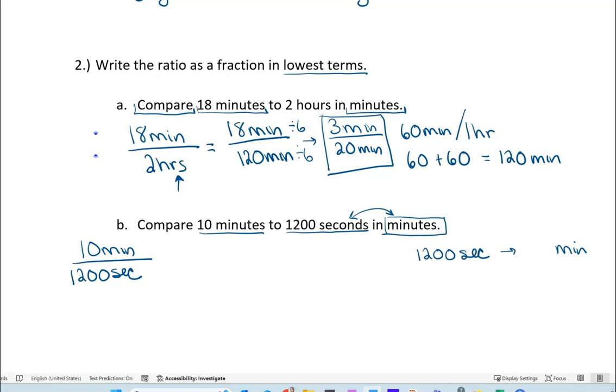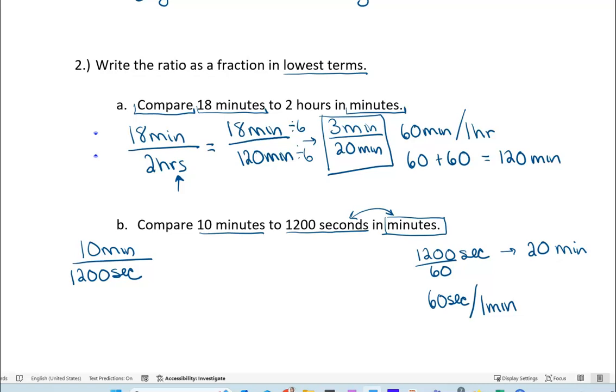So we can use the same concept that we have before when we're talking about multiplication versus division. The question is, how many seconds in a minute, which I did already mention, but we have 60 seconds per 1 minute. So to convert to minutes, I need to take the 1200 and divide it by 60. And that is going to give me how many minutes I have, which again is what I need in order to be able to rewrite this fraction in the way that they're looking,